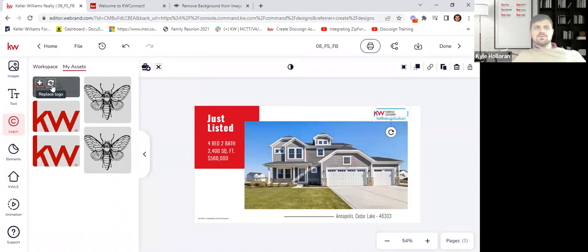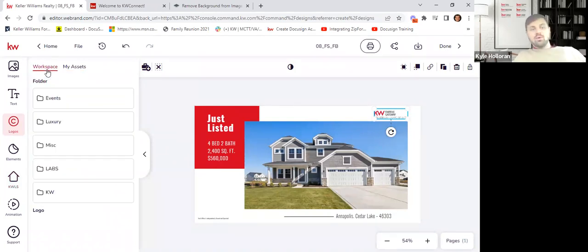If you don't have that one, or maybe you say, hey, I really want to use the KW logo on this graphic for whatever reason, I'm highlighting KW, 180,000 agents, number one company in the world. Under logos in the workspace folder, KW's giving you all the logos. They're already here for you. You don't need to download them. You don't need to upload them. You can come right in here and open up these folders, and you'll see those logos will pop in. Okay, makes sense, and you can use those just as your assets.